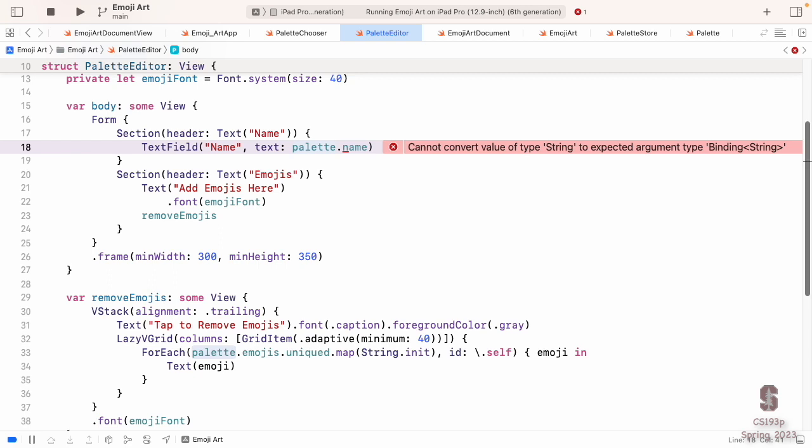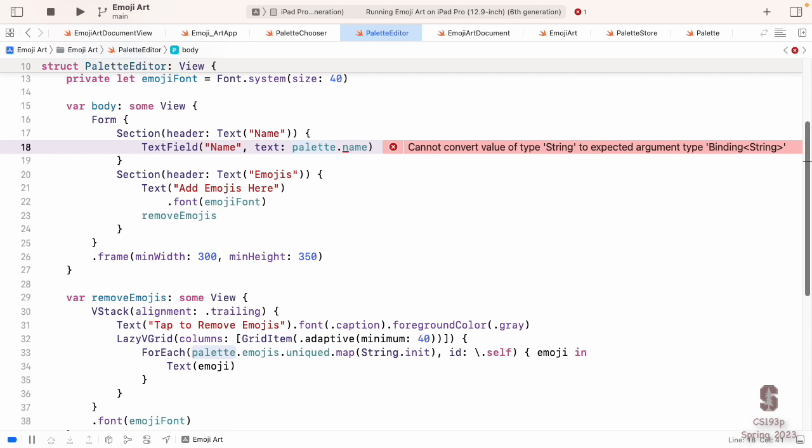Now this is yet another, this is our second binding. If you think about what's going on here, we have our text field, it says vehicles in it. We want to be able to pass in the initial value of it, vehicles, and whenever it changes, we want to know about it. And the way we're going to do that is by creating a single source of truth for that text, with a binding. Specifically, this argument to a text field is a binding. The text field knows that it doesn't want to hold a copy of what's being edited. It wants to edit that thing directly. So it's asking you to give a binding to that source of truth.